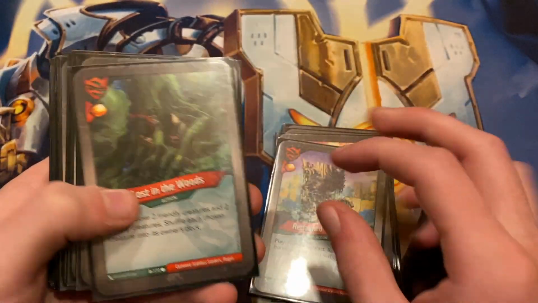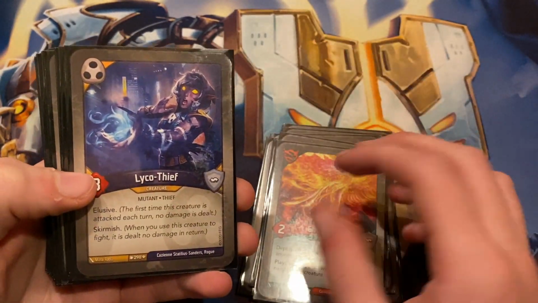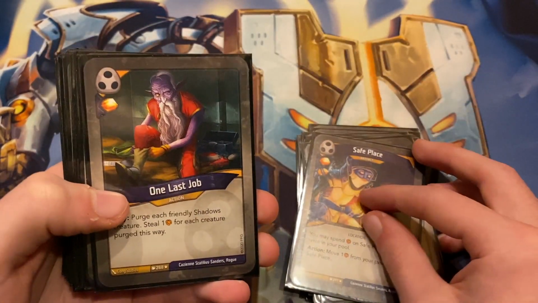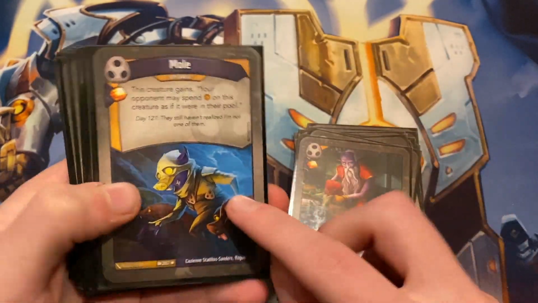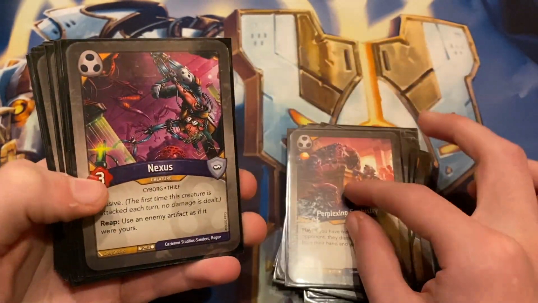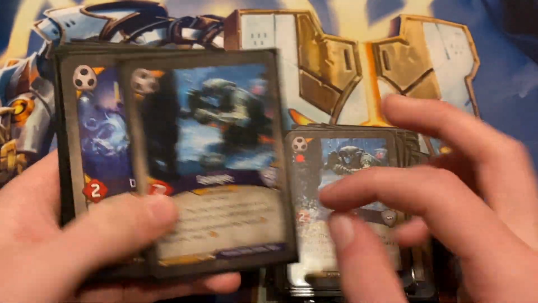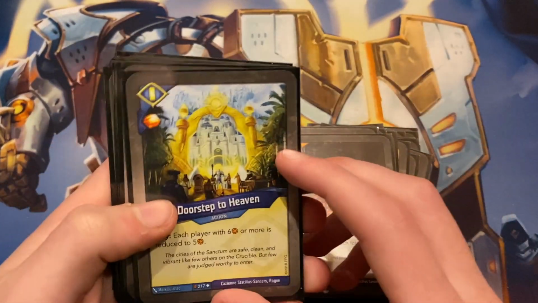Reclaimed by Nature, Lost in the Woods, Double, Keyfrog, Ghost Hawk, and then into Shadows with the Lyco Thief, Safe Place with a Capture, One Last Job, which is a really good card in this deck, Mole, Perplexing Sophistry, Nexus, Mug with a Capture, Gamgee with a Damage, Gamgee, Damo Thief, Double Damo Thief, Boniving, and then here is the